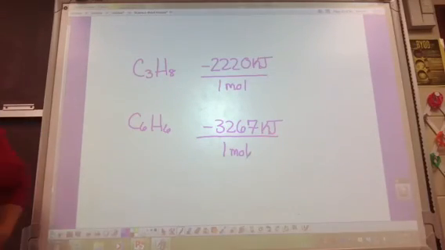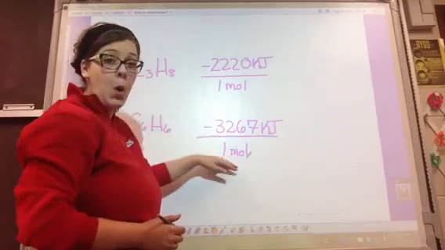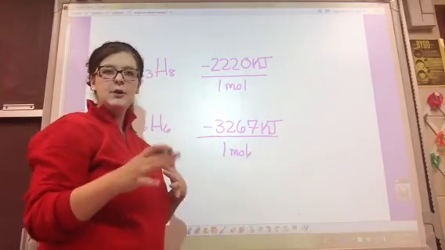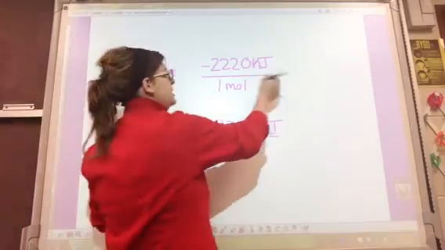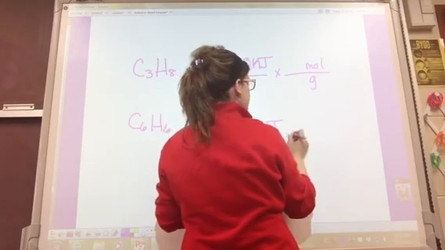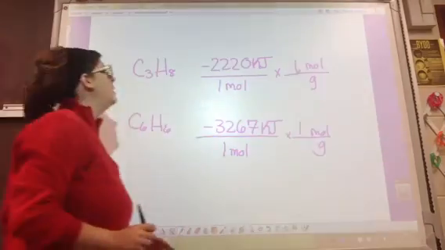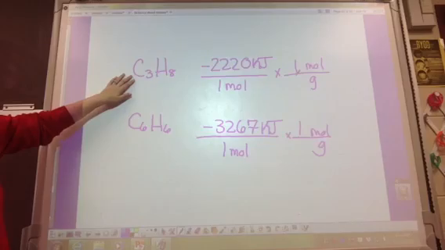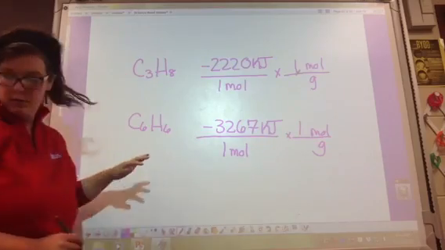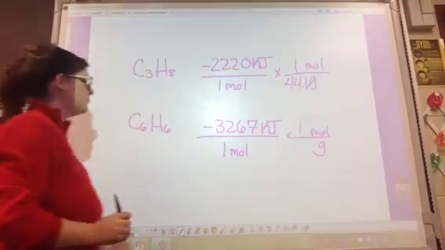Okay, but now I want to compare kilojoules per gram. How much heat would be produced per gram? Right now I just know kilojoules per mole, but I want to know or compare kilojoules per gram. So if I wanted to get rid of the mole, I could use molar mass for each of them. So I know for C3H8, that mass would be 44.1 grams, and C